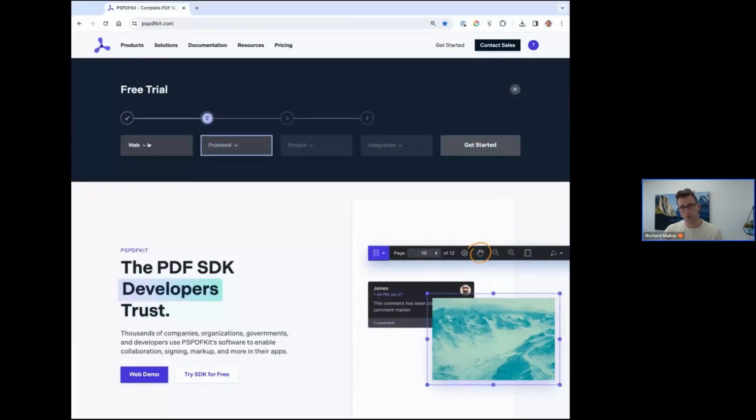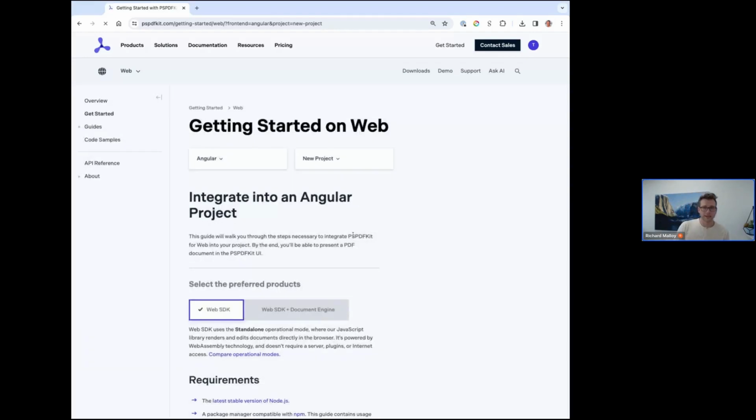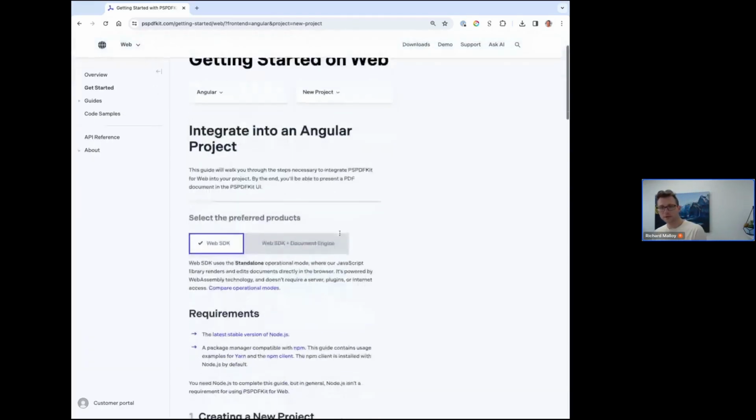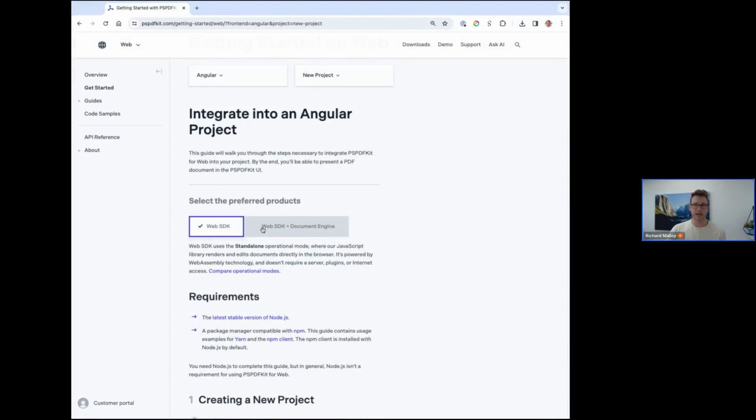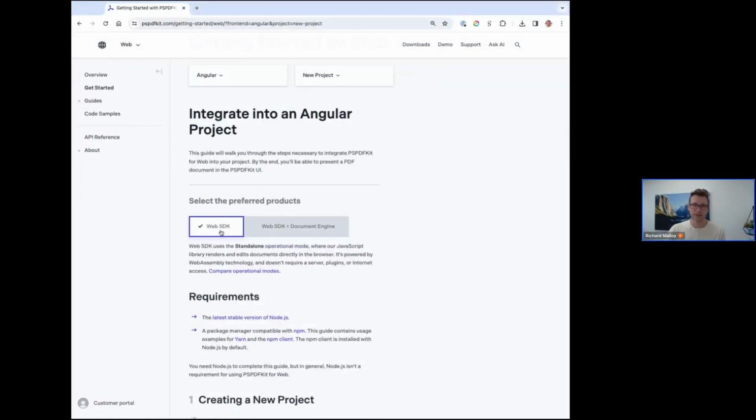We're working on the web SDK. Let's say we're using Angular. It's very popular, a new project, and then we're going to get started. So you're going to go to our guides. You're going to look at Angular, and then you're going to have this web SDK versus web SDK plus document engine. And so this is kind of what you're going to look at in terms of